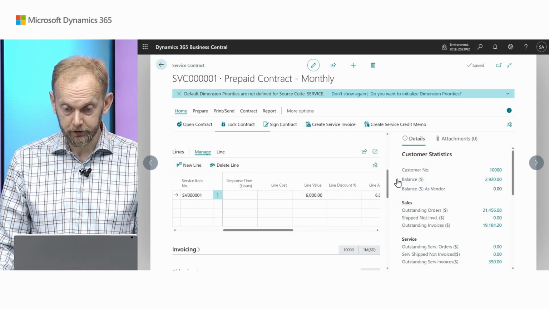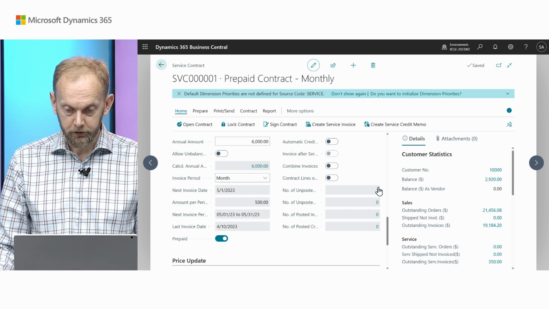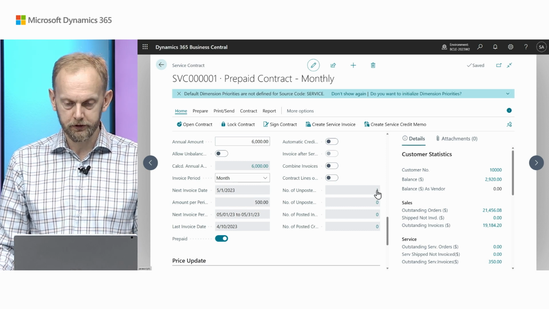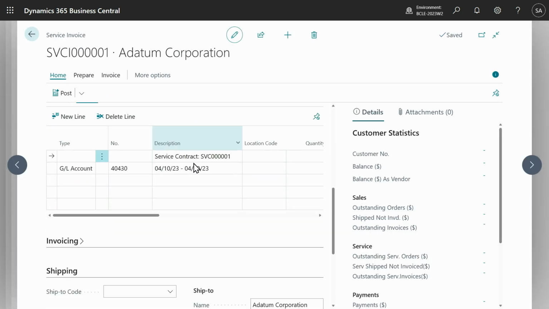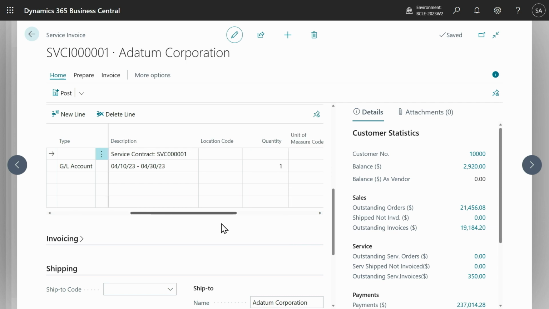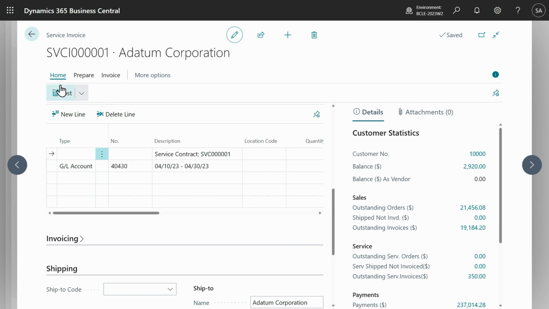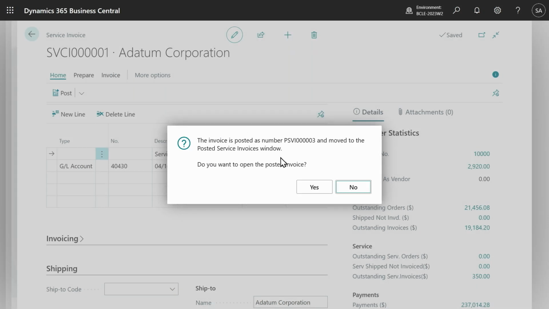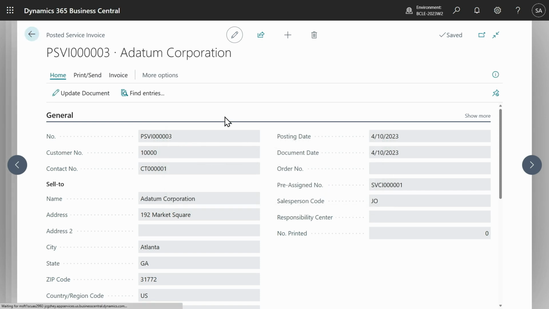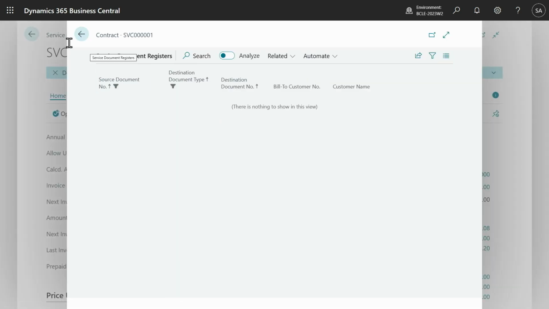Service contract was created, or service invoice, sorry. I can see it here. So some statistics, open service invoice. Take a look at the details. I can see some GL amounts, some amounts, and we just go and post it. All right, so invoicing is done, customer is paying on time, all good. Probably we need to do the actual maintenance. Let's close the service invoice, service contract, and some time passed.